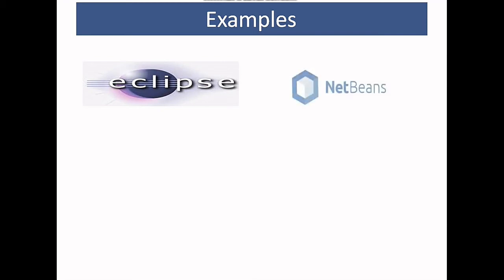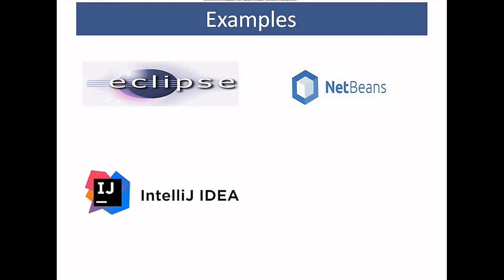The first one being Eclipse. Now, Eclipse is a widely used IDE which is open source and it is used for Java and web development mostly. Then there is NetBeans, which is another open source IDE used for Java, PHP, and web development. Then there comes IntelliJ. This is a very intelligent IDE, and you can develop the code in Scala, Kotlin, Java, etc. using this IDE. Then there is Spring STS.